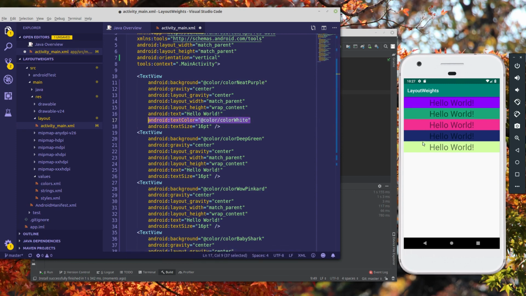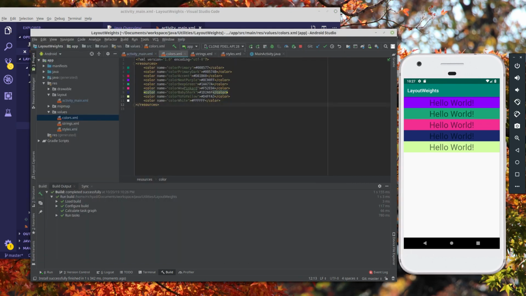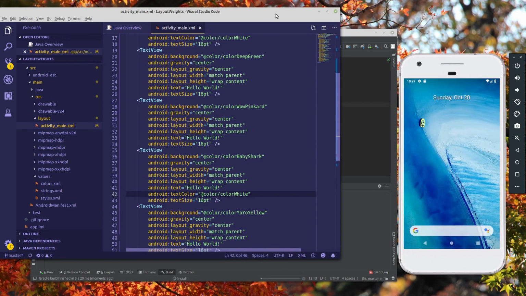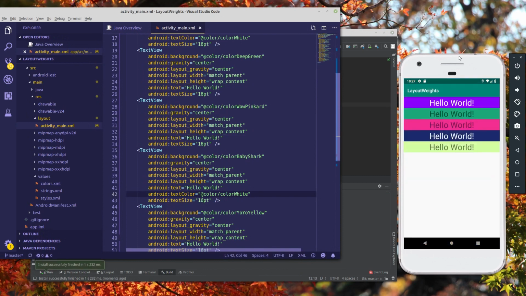And we'll do the same thing for our fourth one, which uses the baby shark color. Okay, let me save it. Perfect. All right, so now that we have each of our text views added and they all have different colors,